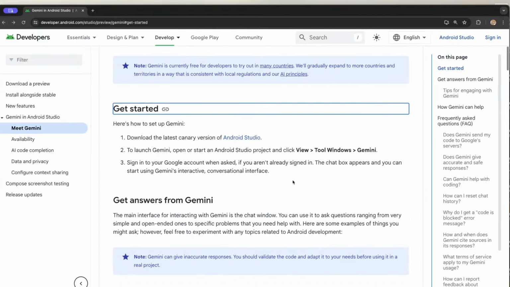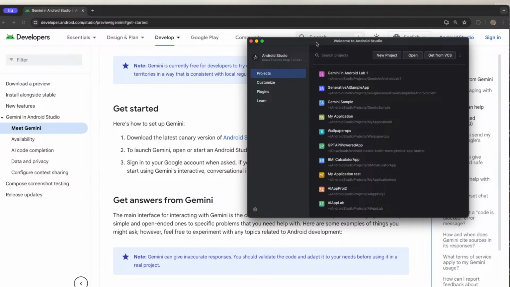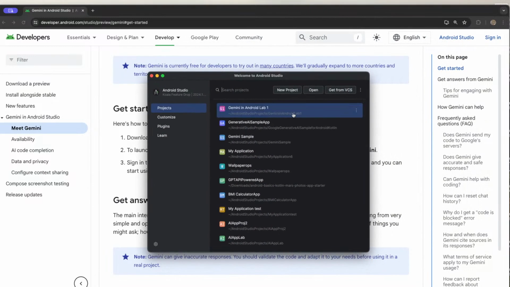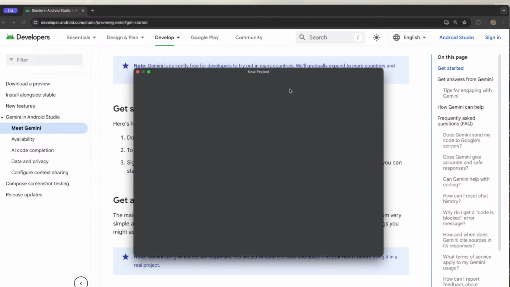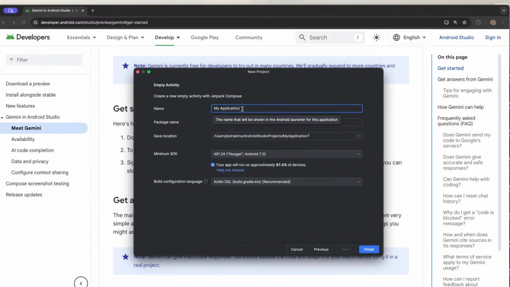And so I have the Android Studio open right now. And here is my new project screen. I'm going to go ahead and do a new project. And then I'm going to go ahead and open an empty project. And this is going to be my testing